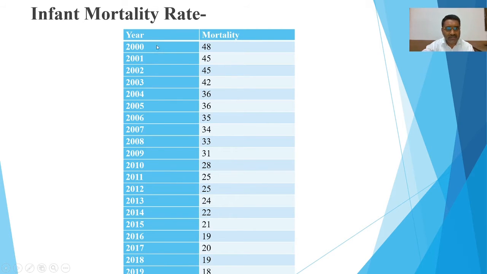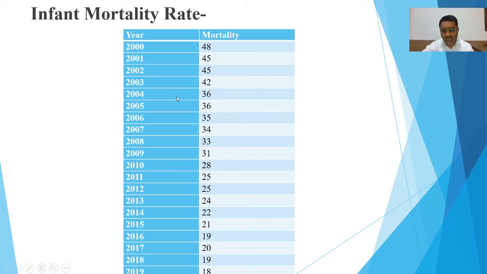It indicates that in the year 2000, if we consider 1000 births of children, then out of that 1000, 48 children died. So the remaining 952 children were alive. So 48 died, and that is the mortality of that particular year.